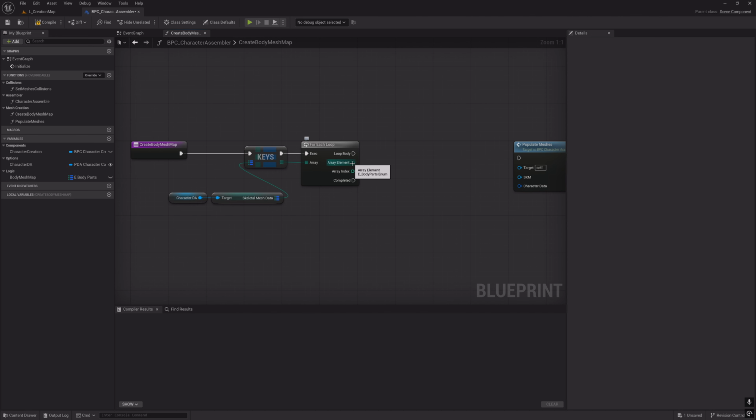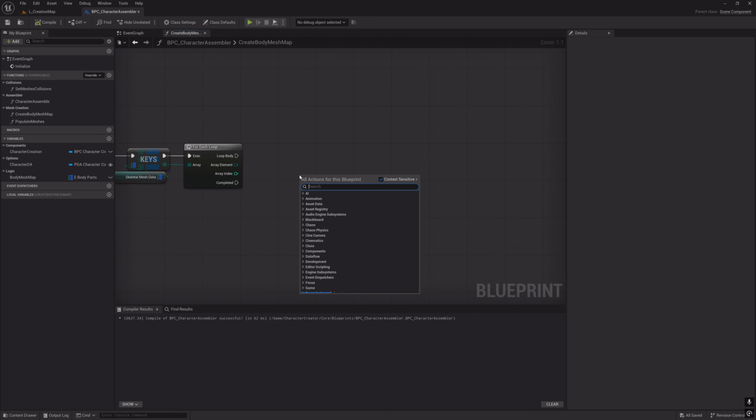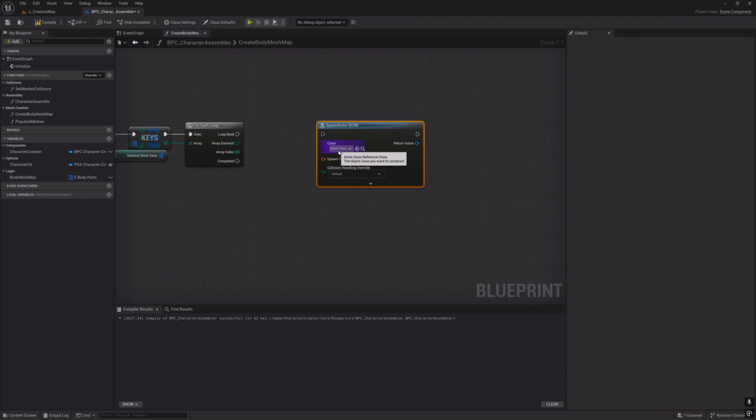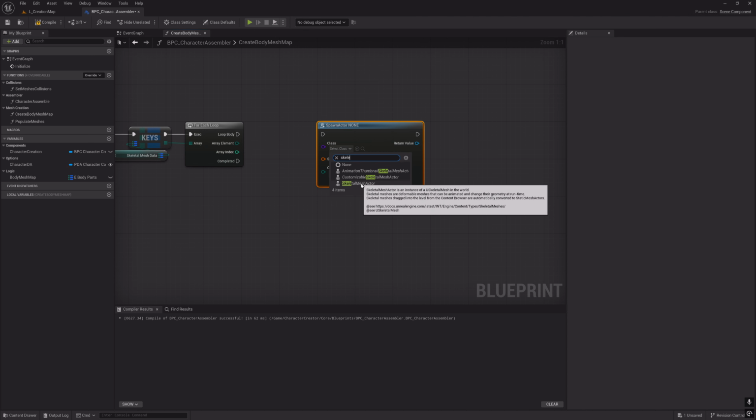Remember that here we have body parts. Okay, next let's search for spawn actor from class, and the class will be skeletal mesh actor, this one,